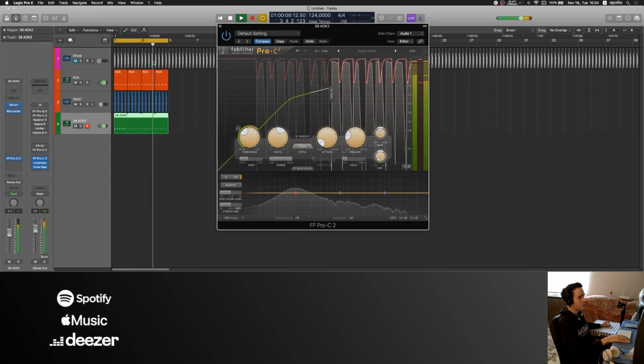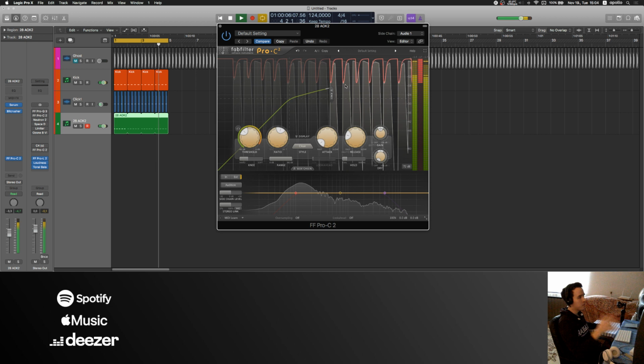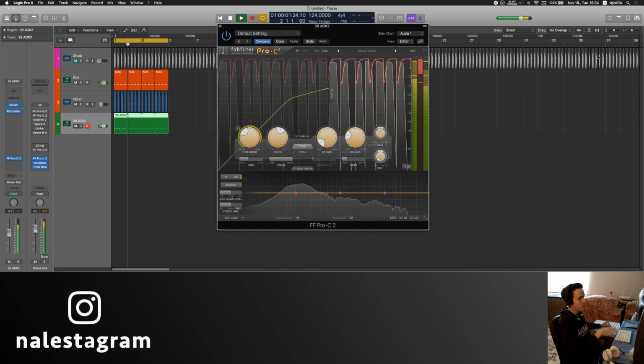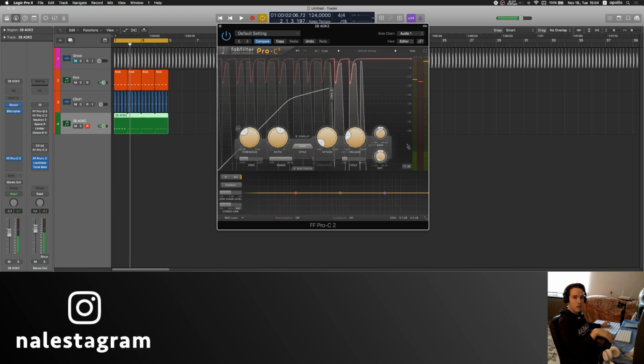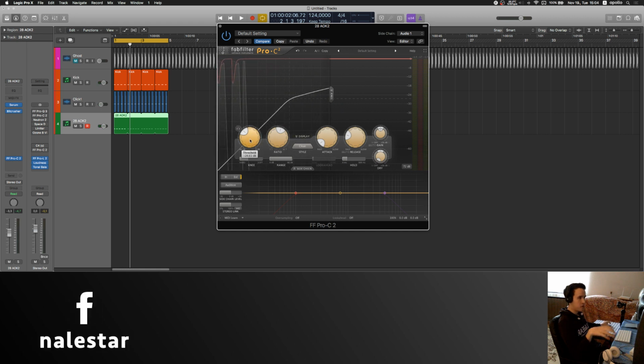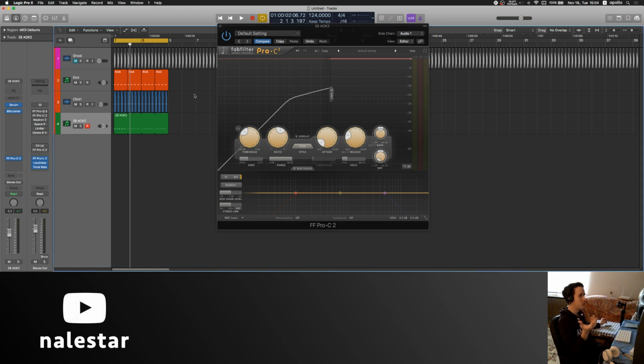So I set up my template in a way where I have this ghost kick drum going on all the way down, and this bass is very intelligently ducking down where the kick is playing, so there's no clashing. This is one of the most basic mixing pieces of advice that I could give to anyone. Essentially, the mixing trick is to get everything out of the kick drum's way